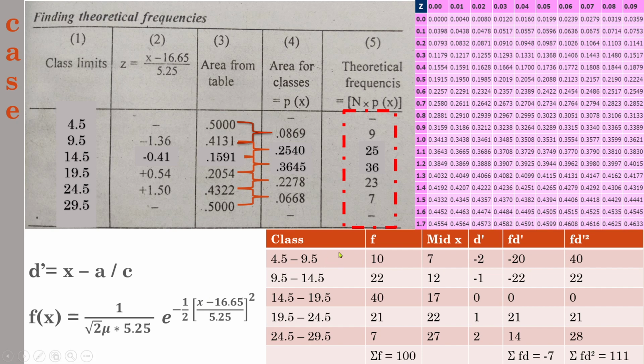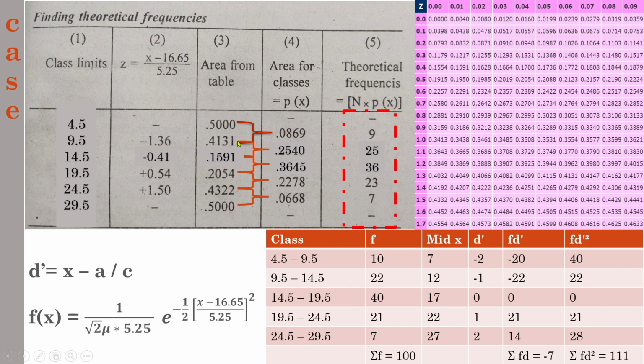I hope you understand the concept. The only thing is you make sure the computation of mean and computation of standard deviation methods which you are trying to use give the same answer. If you are using the easiest method and getting the same answer, you can follow that. Otherwise, try to follow the method which I have shown here. Once you find the mean and standard deviation, you need to write down all these columns and be very careful while dealing with all these steps.